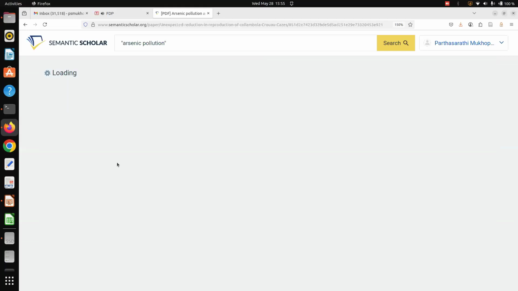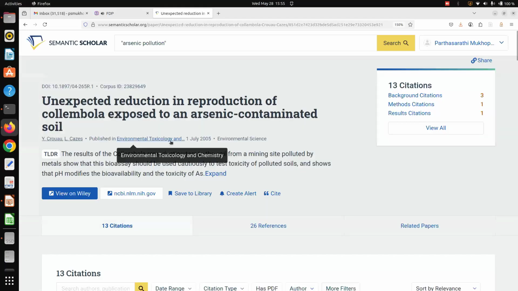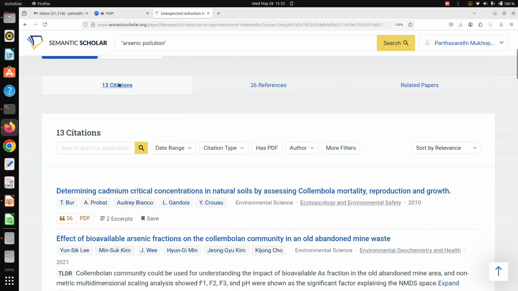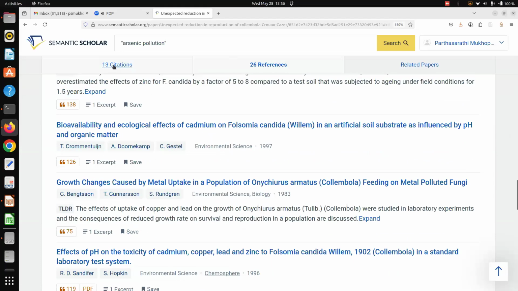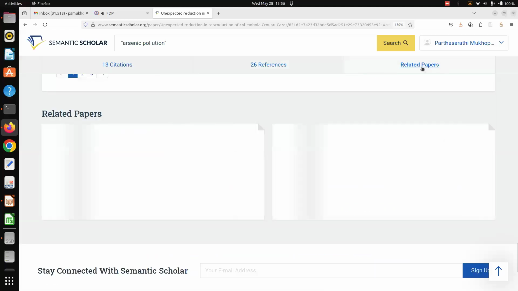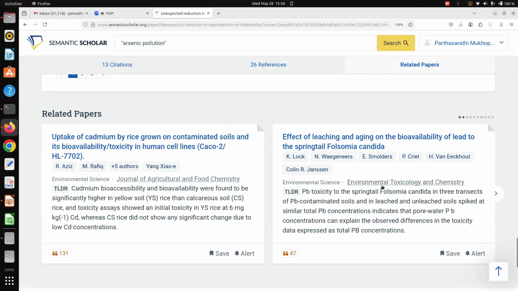You can click on this paper. This paper will now be the focal paper, and it will show you how many citations this paper received, how many references this paper included, and apart from this, 13 plus 26, which are the papers semantically related with this paper. So in this way, you can move. You just select two, three, four papers in your domain, in your research area, and you can utilize these AI features of Semantic Scholar Generation 1.